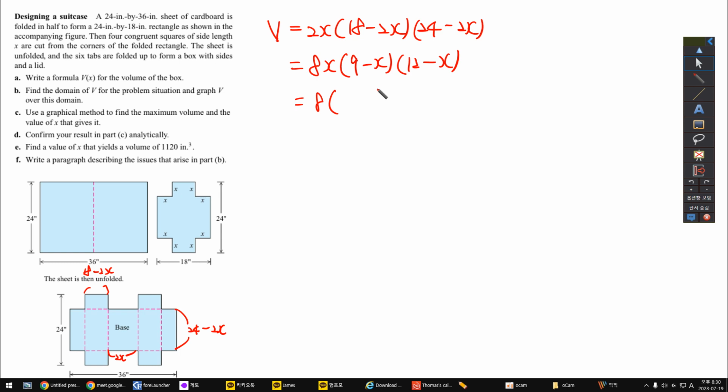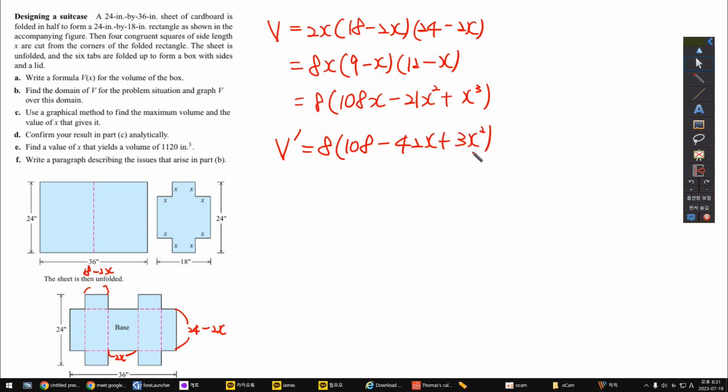And if we open the parentheses, if this comes out, and if we make the derivative of this, to have the maximum volume, the derivative is 0. So if we solve this equation,